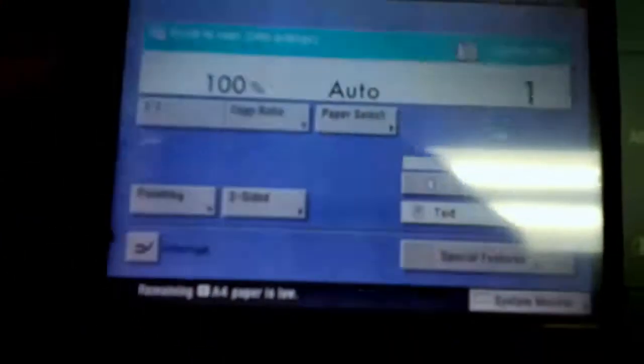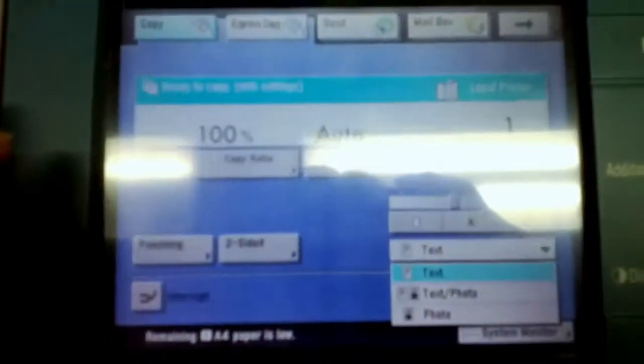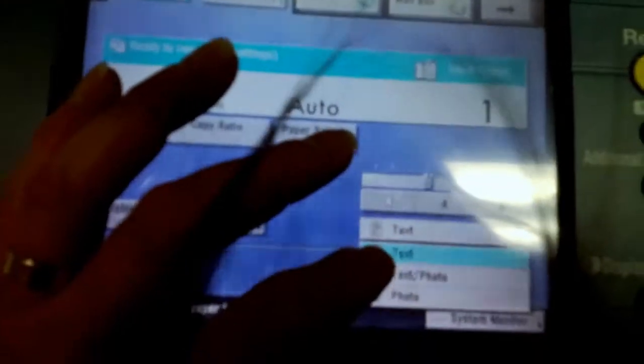So now we've got to basically set the copier up again. So we might be wise to lighten it up a bit. We've got to select our original type, which we had left on the default, which is text. Maybe just leave it on text for an old school look, and we'll just lighten it up a bit. Maybe lighten it further, it's hard to say. Or leave it there, and then we're going to go to